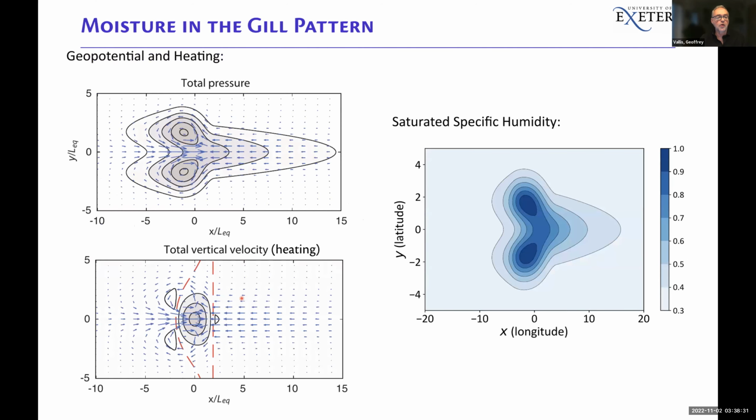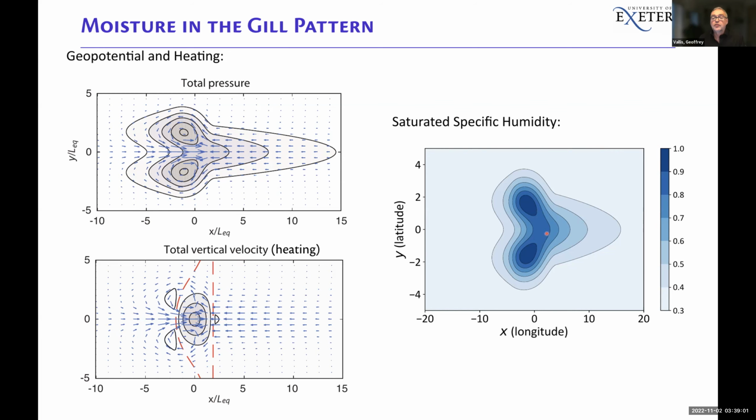So what I'm going to suppose is a priori we have a Gill pattern in the pressure field, and I'm going to allow that to move around moisture, which is evaporating and condensing. And here, for example, is just the pattern of moisture which the Gill pattern will produce. So if I take this Gill pattern,